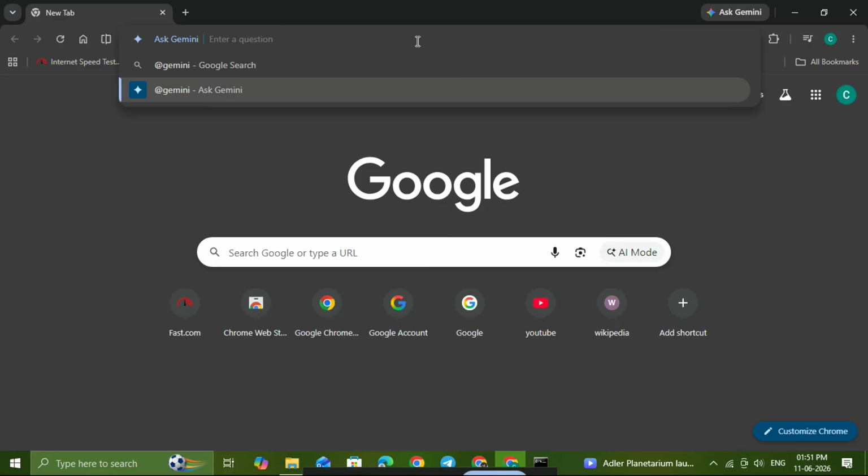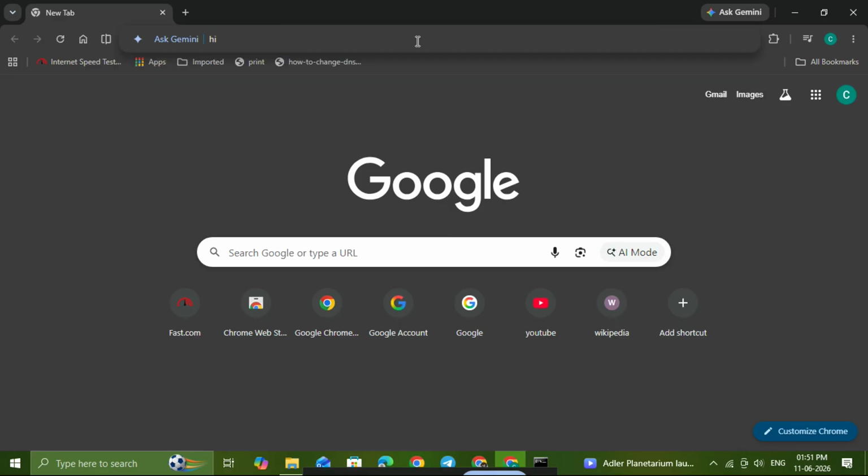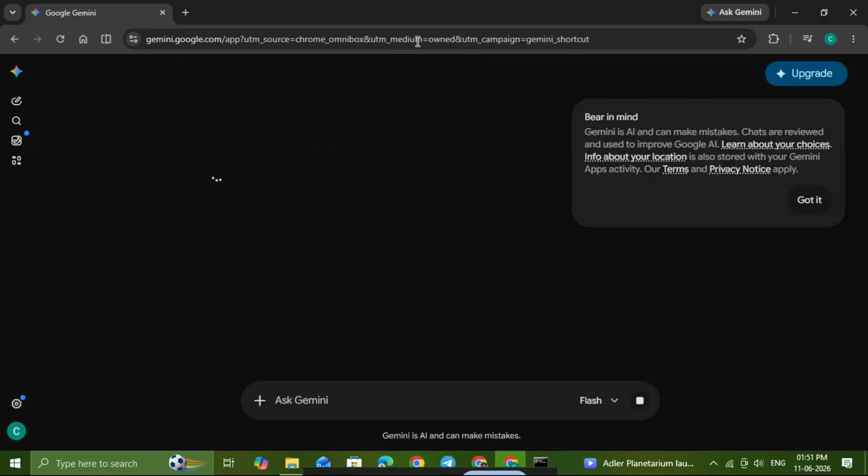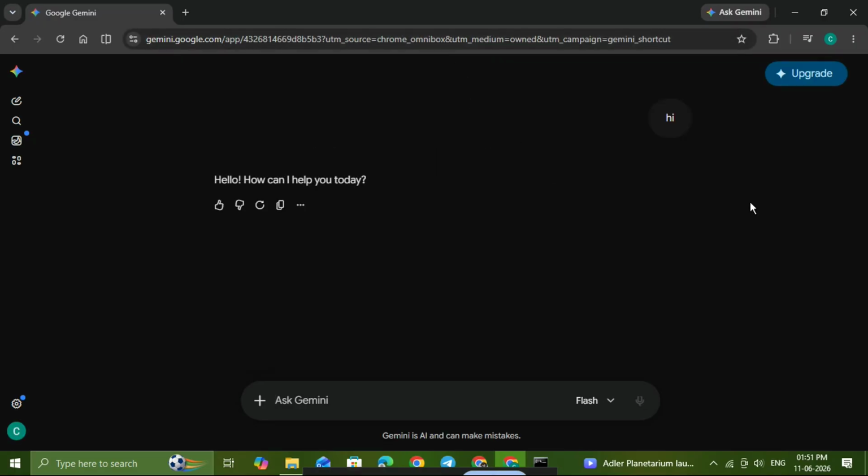Now all you need to do is type your question or your AI prompt. You can ask Gemini things like, write an email, summarize a topic, generate ideas, explain something clearly, or help you draft content. After you type your prompt, press enter. Chrome will automatically open the Google Gemini web app and send your request. In a moment, Gemini will load your answer instantly, giving you a fast and easy way to use AI right